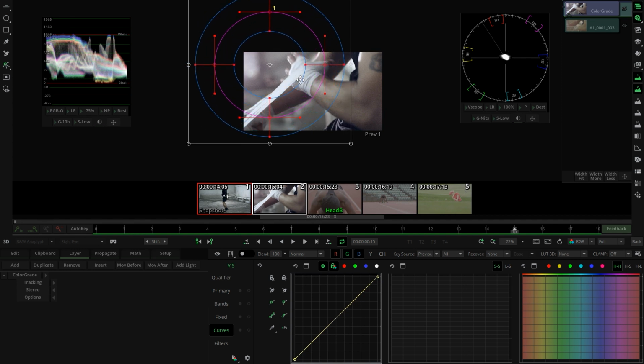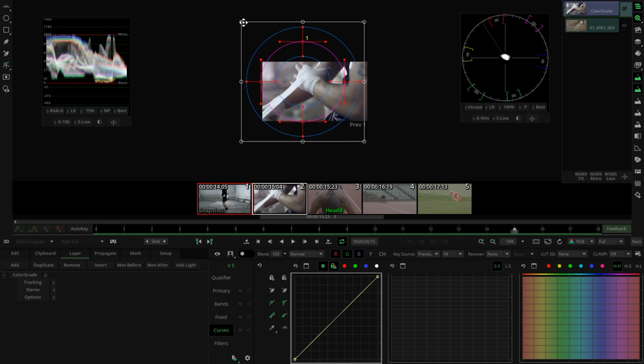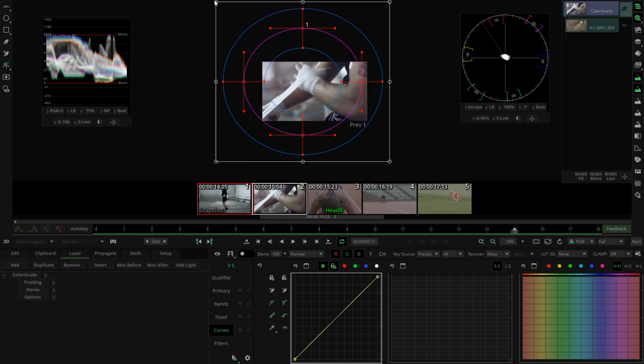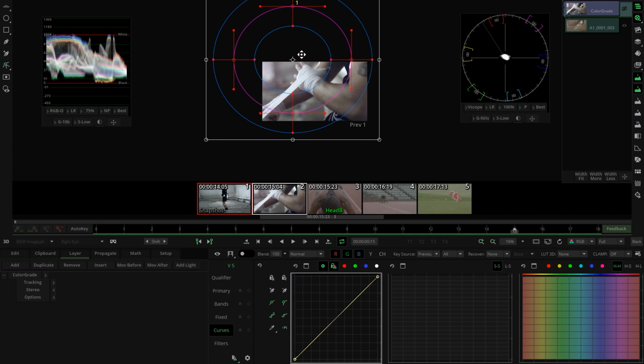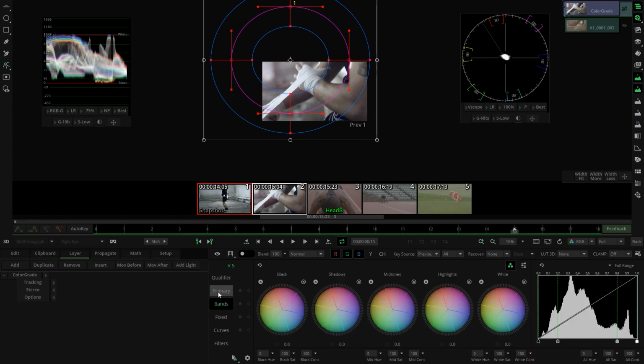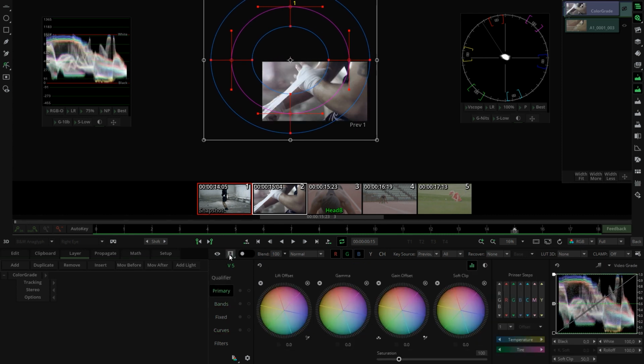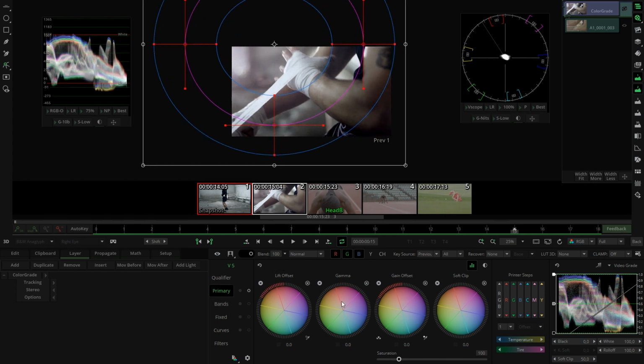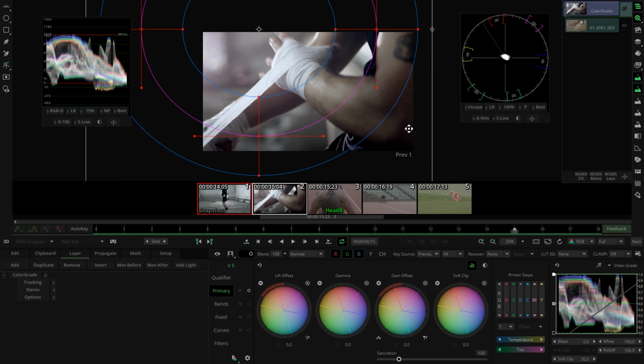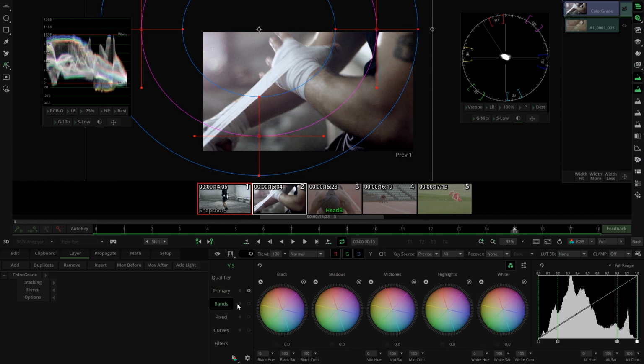And now I'm going to work on the external part. Maybe I want to make it bigger. Let me make it bigger, something like that. There you go. So now I can just see which area I'm selecting. So I can just switch from the inside to the outside. There you go. And now here I can just control that part. Instead of probably using the gain, which is going to create this kind of shadows and change the saturation here, I'm just going to use bands as well to decrease those values,